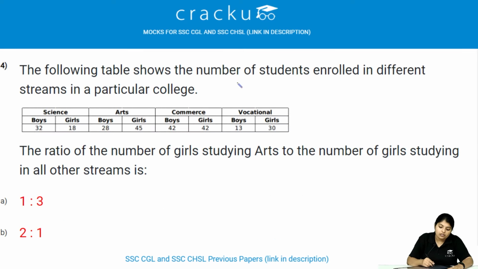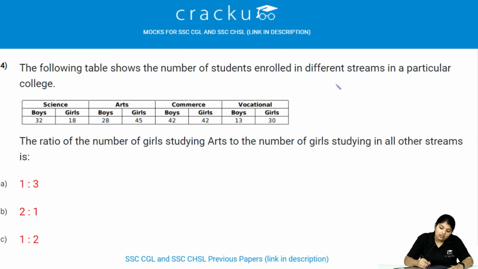The following table shows the number of students enrolled in different streams in a particular college. It is given the subjects, boys, girls, and number of students. The ratio of number of girls studying arts to the number of girls studying in all the other streams is. So he is asking the ratio of girls studying in arts. Now let us see how many girls are studying arts. Number of girls studying arts is 45. It is given in the table. See, arts